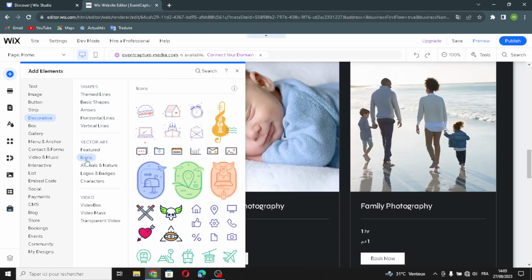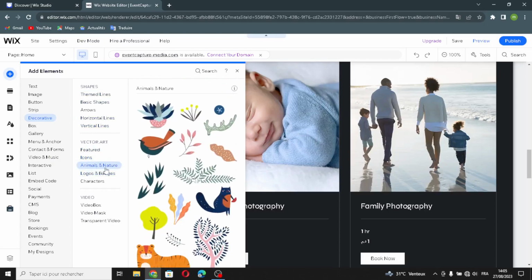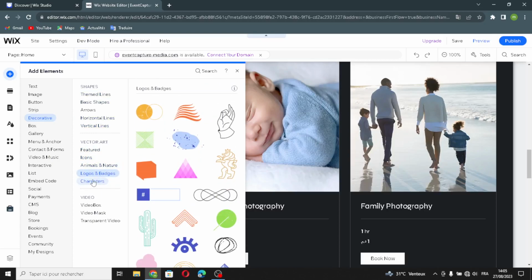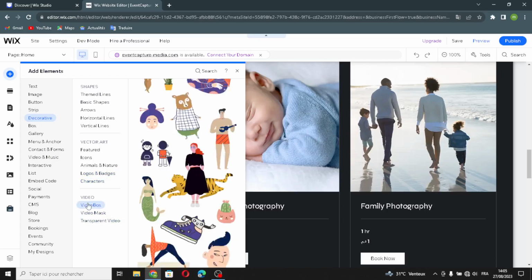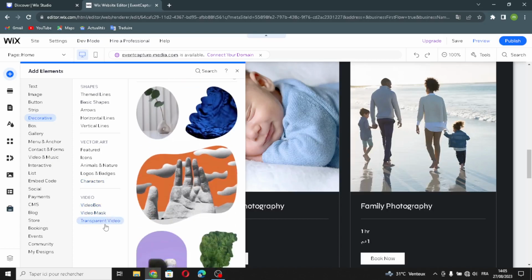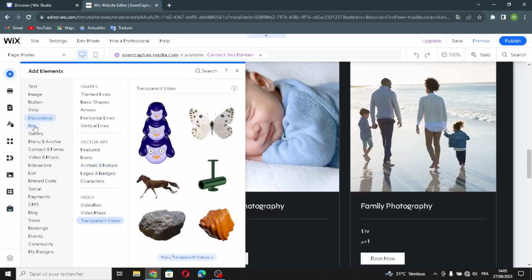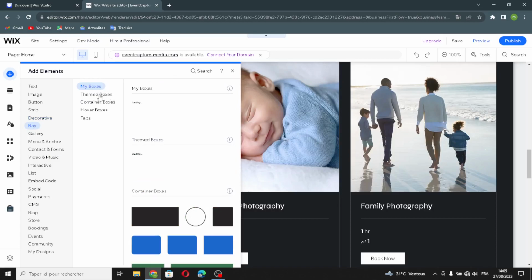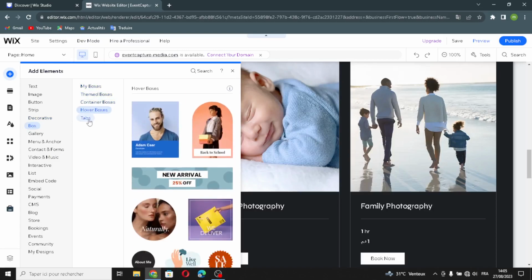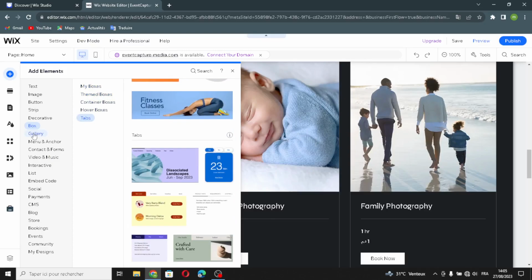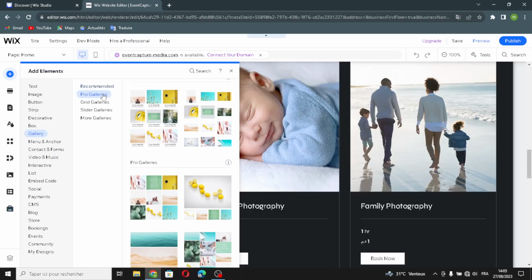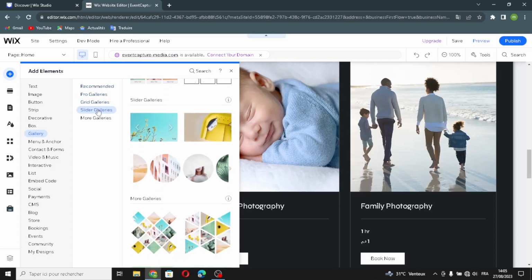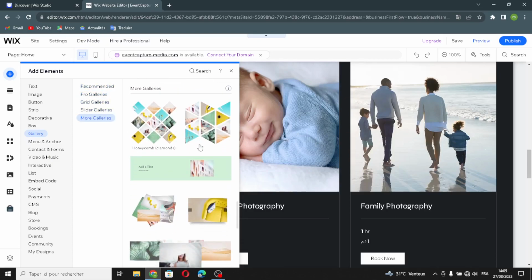Here find the featured, icons, animals in nature, the logos and the badges and the characters. And here you find the last here is the video elements, the video box, the video mask and transparent video. Now let's move on to the boxes. Here you find the themed boxes, the container boxes, the hover boxes and the tabs. Also you find the gallery, the recommended galleries, the pro galleries, the guide galleries and the slider galleries. And here if you want to show more galleries,